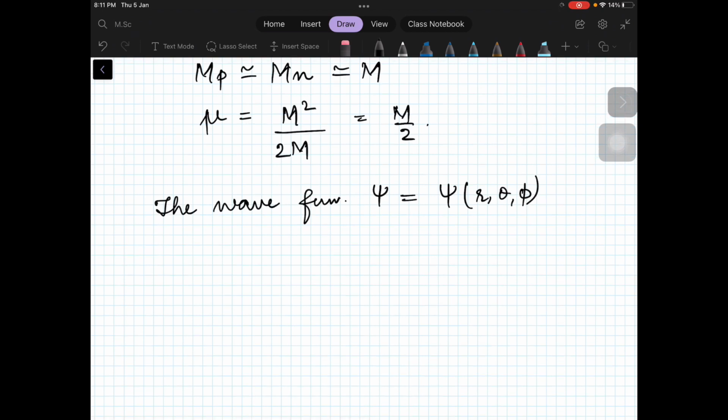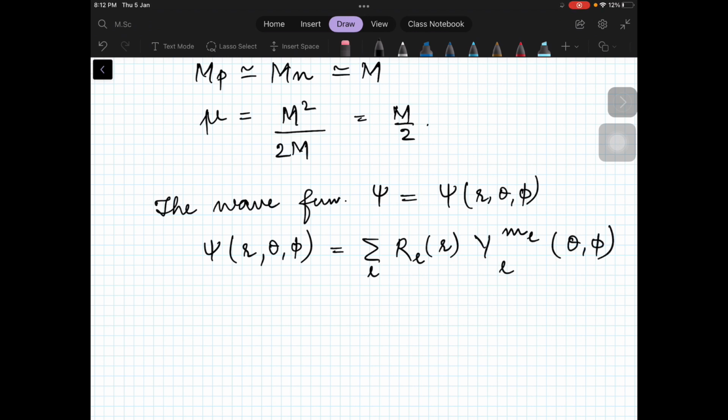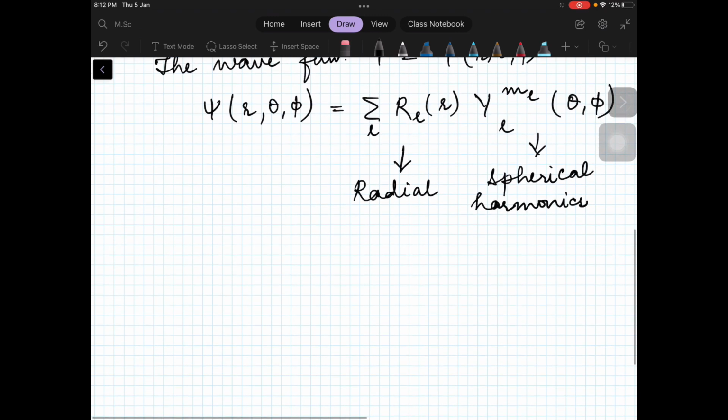We use the method of separation of variables and write psi(r, theta, phi) as R(r) times Y_lm(theta, phi), where R(r) is the radial part, which we'll be requiring, and Y_lm is the spherical harmonics. We'll not go into much detail of this; we have read this in quantum mechanics. In order to simplify the Schrodinger wave equation, we take the radial part to be of the form